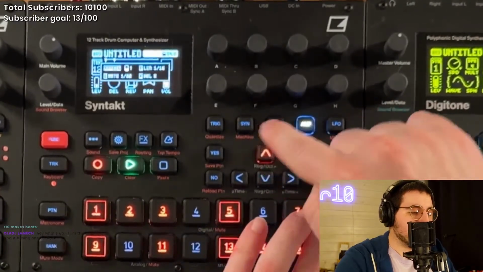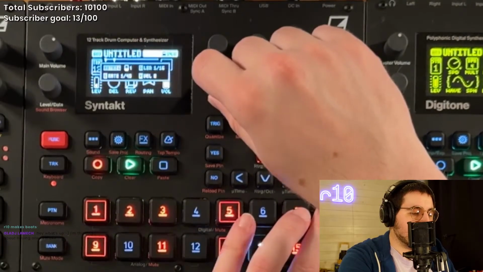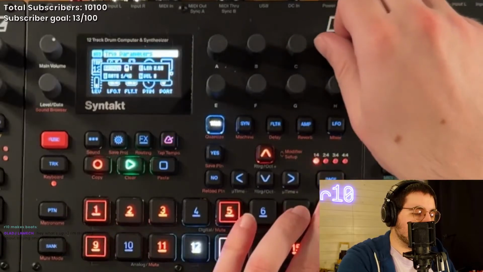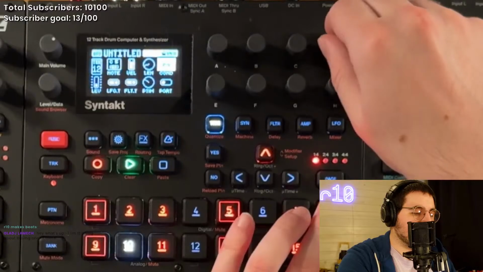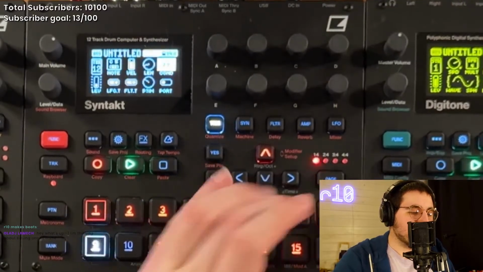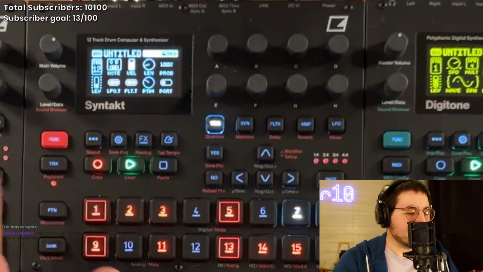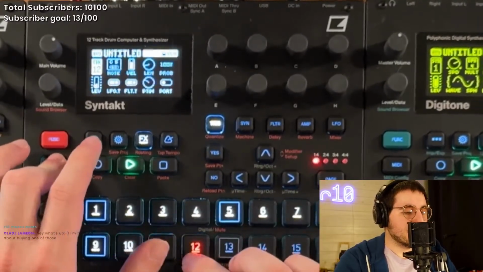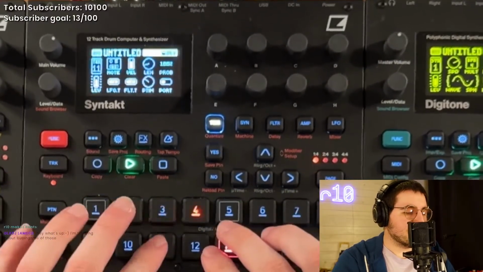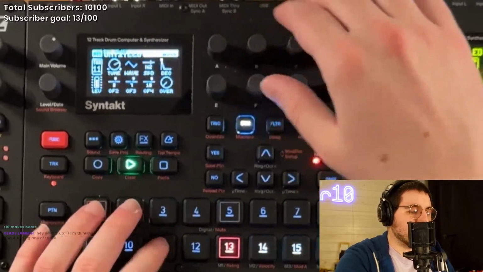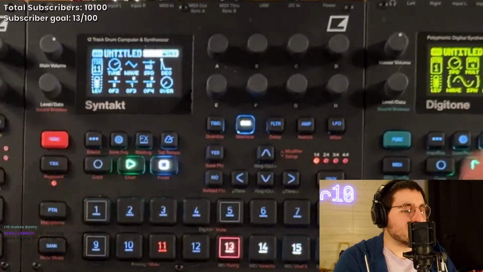We can also add some note repeats. And we could also throw on some trig conditions. Gotta do it separately. So I'll have this repeat on the third bar out of every fifth bar, so it's a little less predictable, you know? Could also throw on some melodic stuff. Now, again, where the Syntakt shines, I feel like, is you just have so many options at